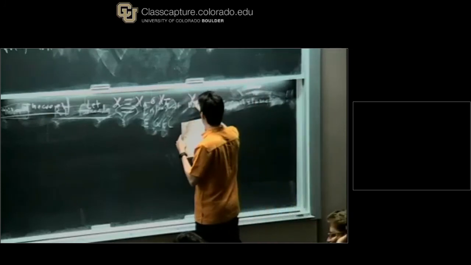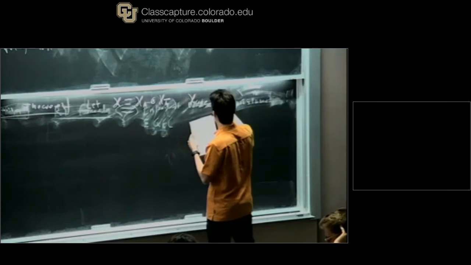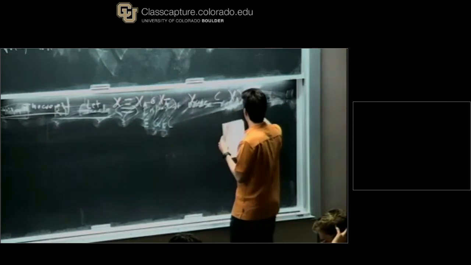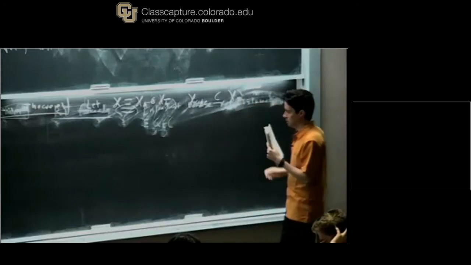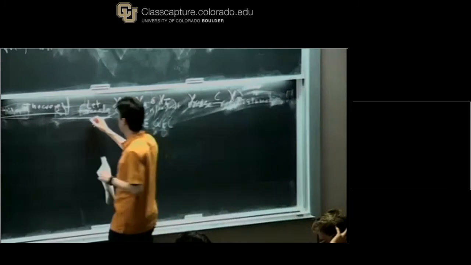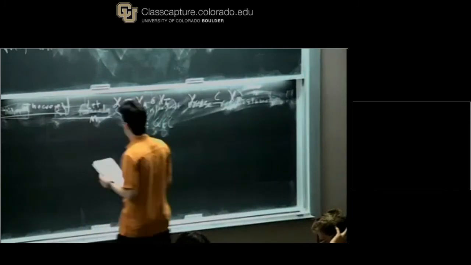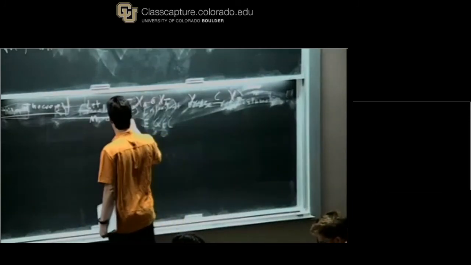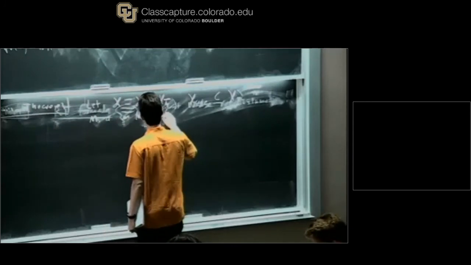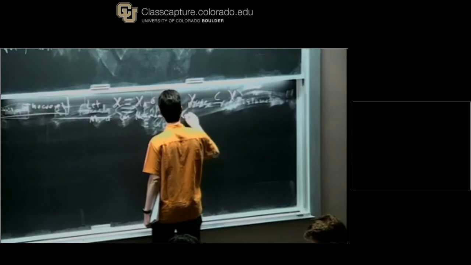Then we will have a code subspace, H code, which is contained in H. And then finally, we will choose M to be a von Neumann algebra